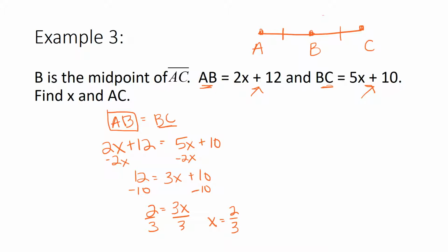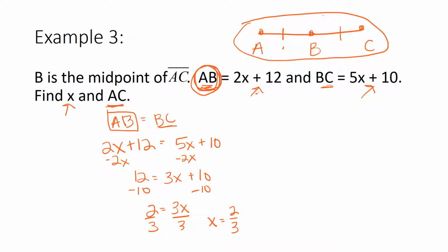Was I supposed to find x? Yep, but what else am I supposed to find? I also need to find AC, which is the whole segment. Am I given the whole segment? Absolutely not. But I do know that half the segment is AB. So if I know what half the segment is, in order to find the whole, I can just multiply by 2. So let's figure out what AB is and then double it. So if I have to figure out what AB is, I know now what x is. So let's plug in x for AB. 2 times 2/3